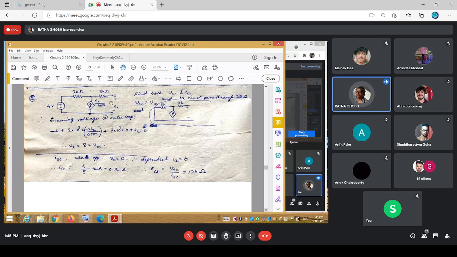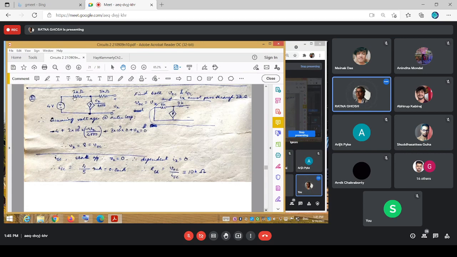Now VOC is nothing but this Vx itself. Please note, this is the terminal voltage that is marked as Vx. That is nothing but the VOC. Okay. So here, if you sum the voltage across the outer loop, and you can do that. This is quite often done, particularly in transistors or op amps, electronic circuits. So if you are summing the voltages across an outer loop, so what do you have? -4 plus of